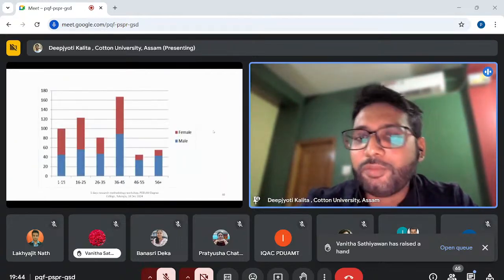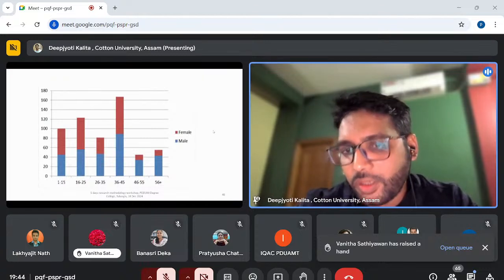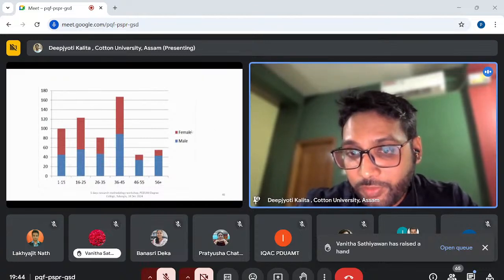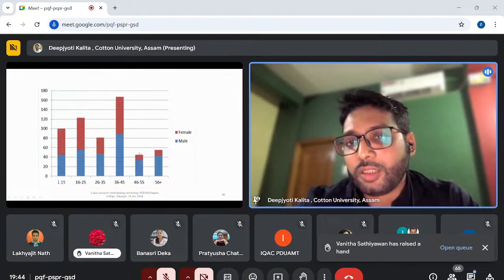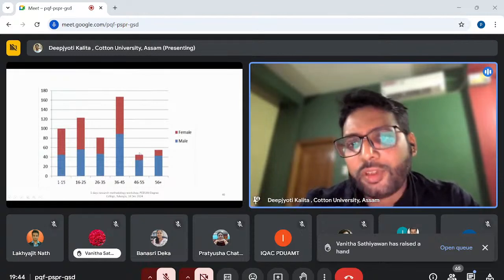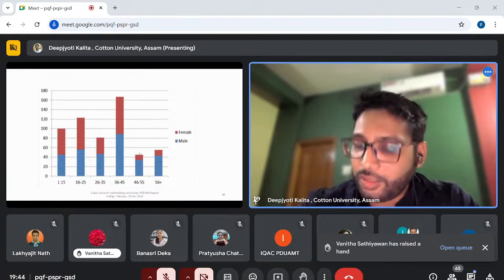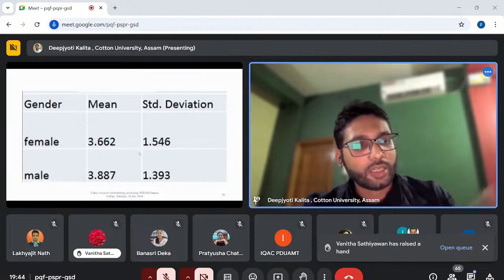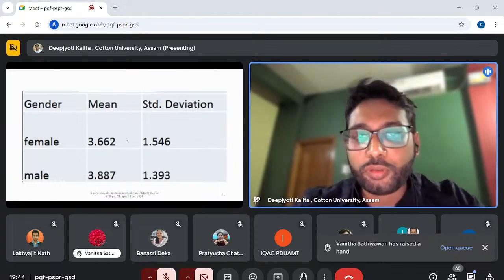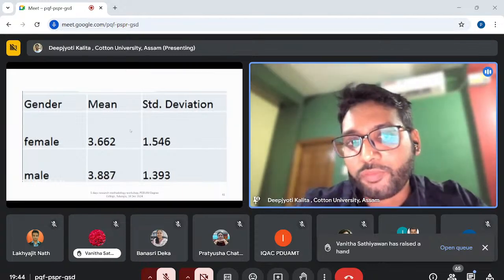For that purpose, we can give this mixed bar diagram, from 46 to 55 in the age range, this percentage were male, this percentage were female. So it is easier for people to understand the analysis of this type of question. Again, like descriptive statistics, suppose we ask what is the online shopping preference of male and female.